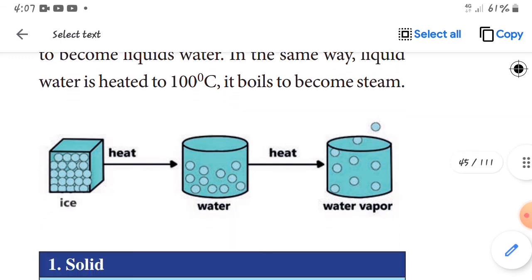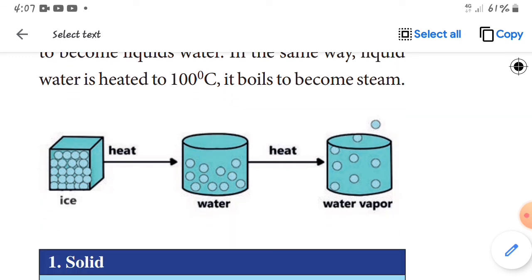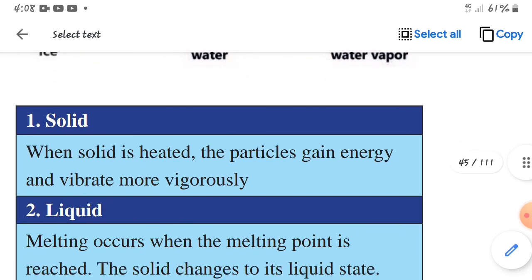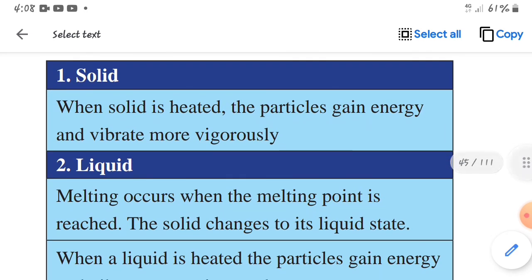See this diagram, children? Yes. So you take ice cubes. This is the very best example of melting, boiling, freezing and condensation. See the ice cubes, children. You give some temperature and finally heat is given and they become a liquid state, that means water, H2O. Again you give some amount of temperature, the water becomes water vapor. You see the molecules moving children. Yes. And next we will see the important topic, difference between solid, liquid and gases.